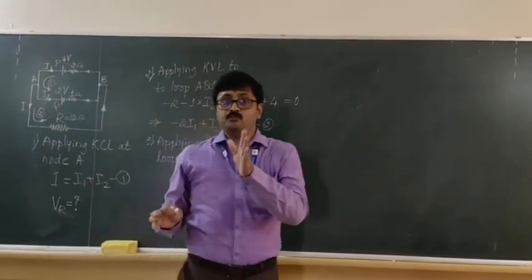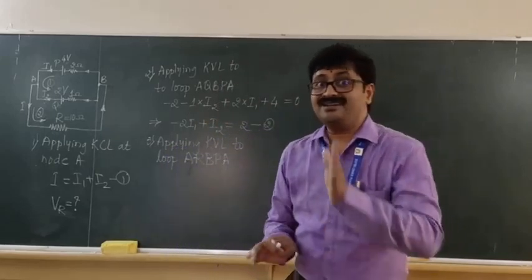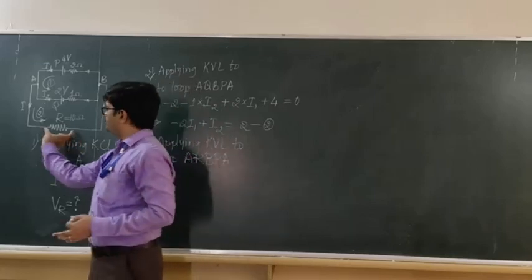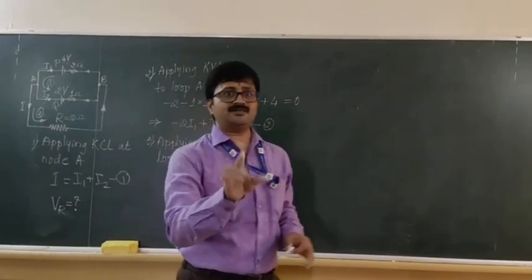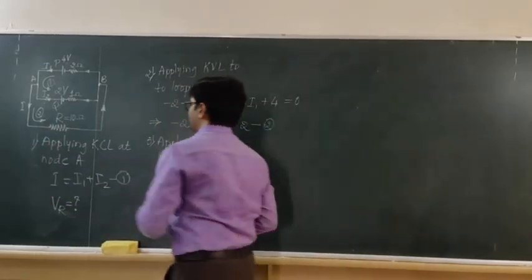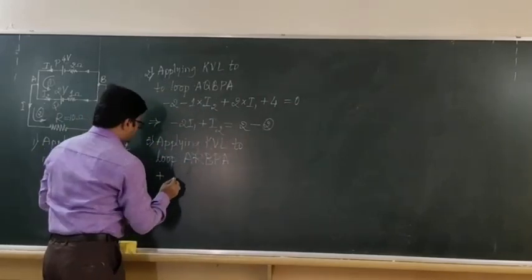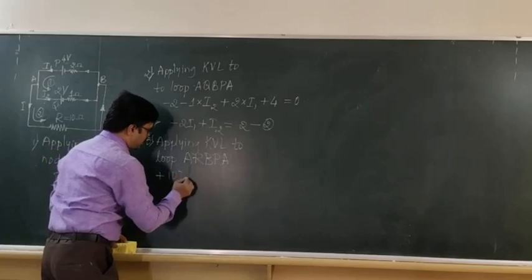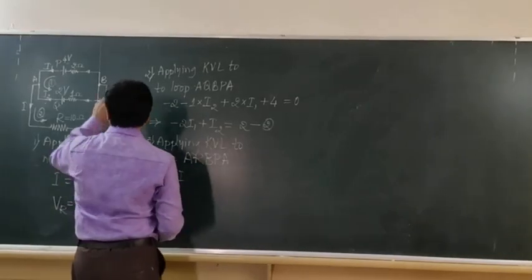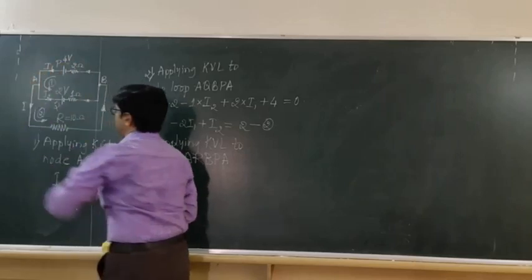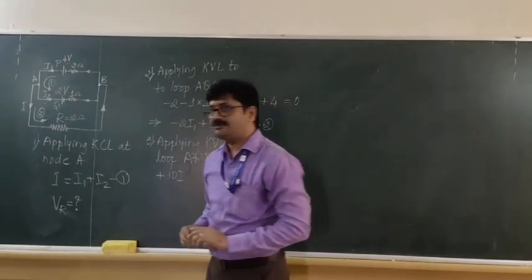And I am traversing in the direction of the current through the resistance. Potential difference across the resistance should be taken as positive. So hence here I have mentioned firstly plus 10I. Then here B to P, then P to A. That is the path that we have, right?